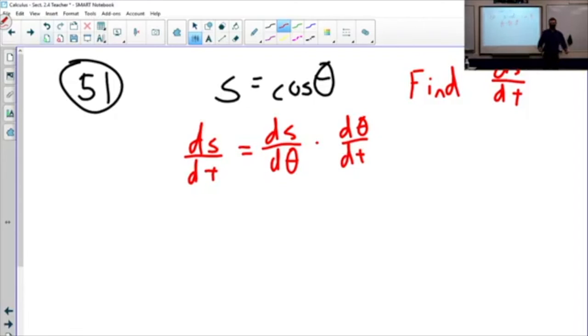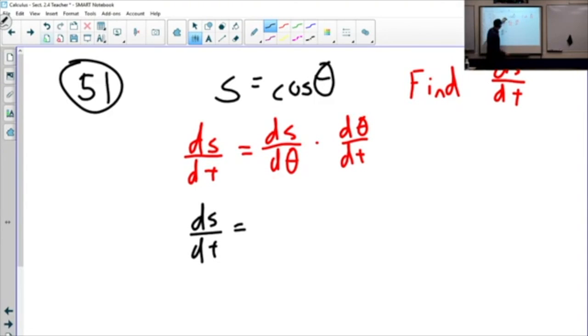And what this lets us do, this is just algebra, is that these d thetas would cancel, and we wind up with ds on top and dt on the bottom. And so all that means is that ds dt is going to go on the left,